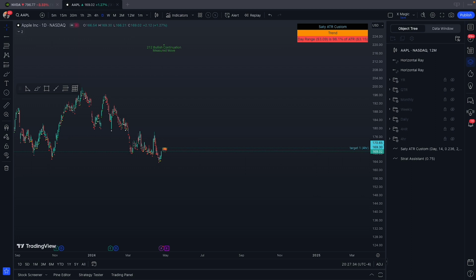So for that question for the 0 DTE, you can. Ever since I was reading into the strat, I've been using the 5-minute and the 15-minute, all the way up to the 1 hour, for 0 DTE. It actually really works. Almost every single play that I've had this week from Monday to now has been through the strat, along with obviously the RSI that I use and the super signal. But putting them all together,